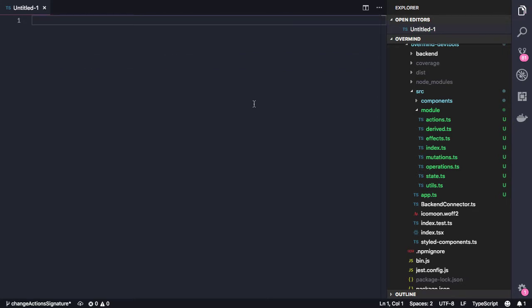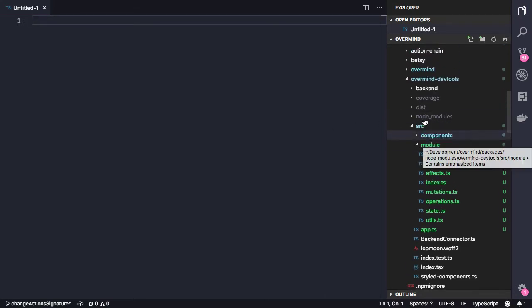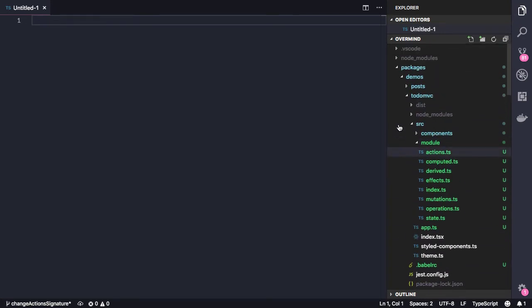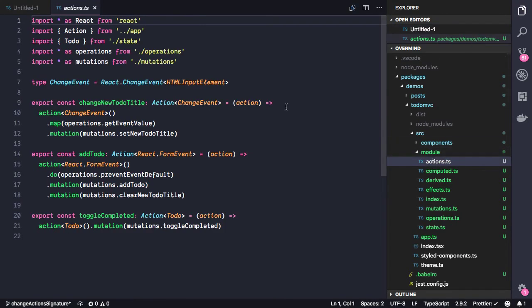And I've also been reviewing the whole typing and everything. And I thought we could just review this to do MVC demo, that was the DevTools, just to get a feel of what's changed. So, for example, if we take a look at the actions now,